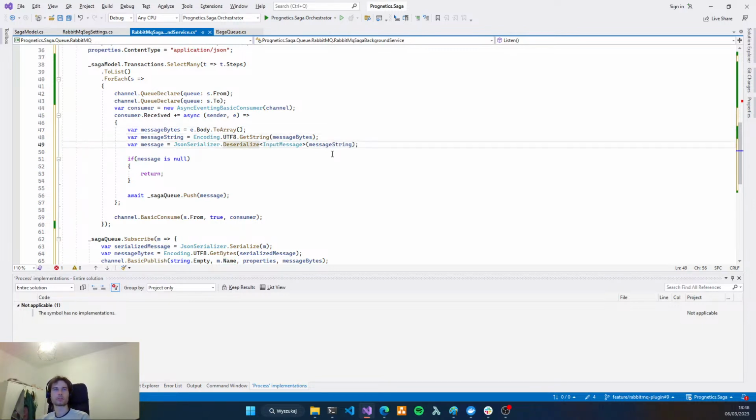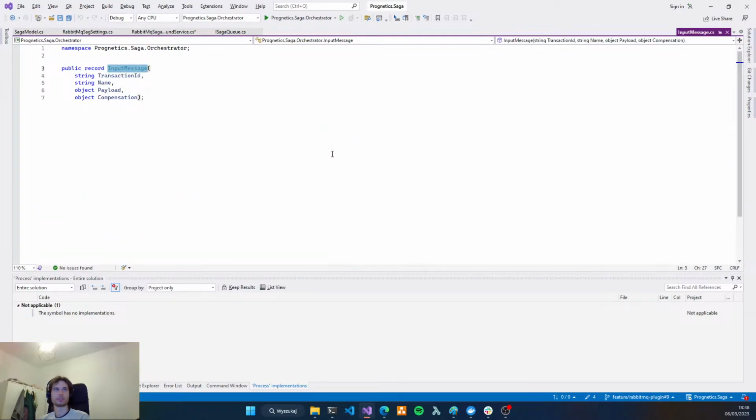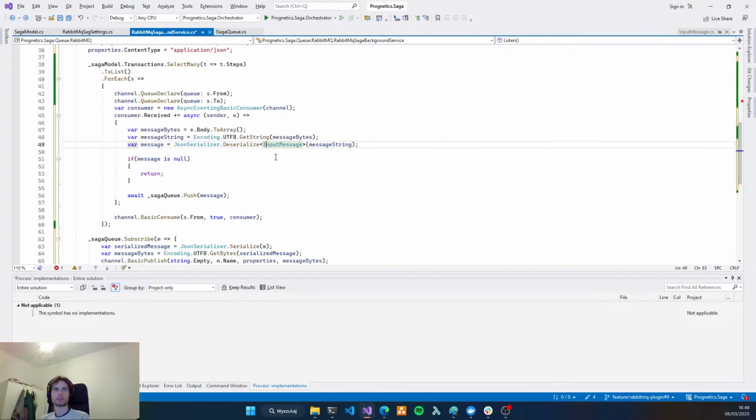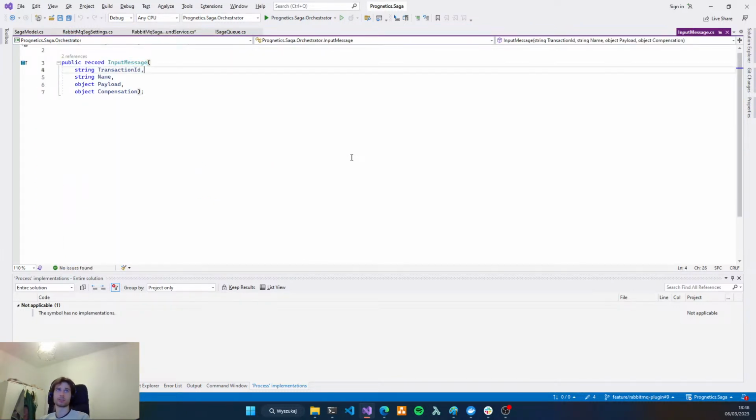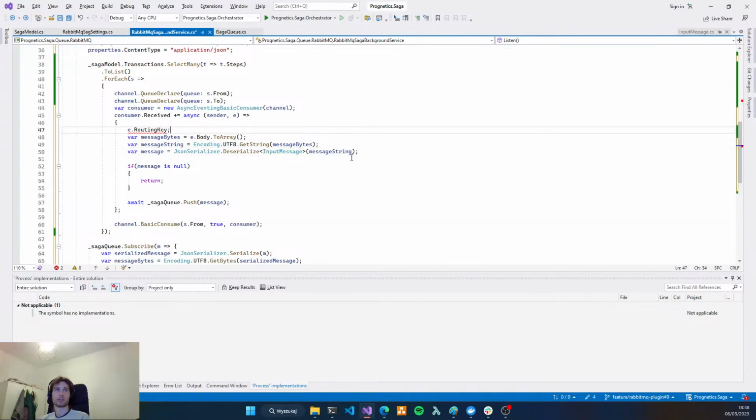And of course, our input message will have a name. So this input message also needs to have a message name. Maybe we can get this from e.RoutingKey. So it's effectively our queue name, and create from here the input message. Yeah, I think that's a good idea.